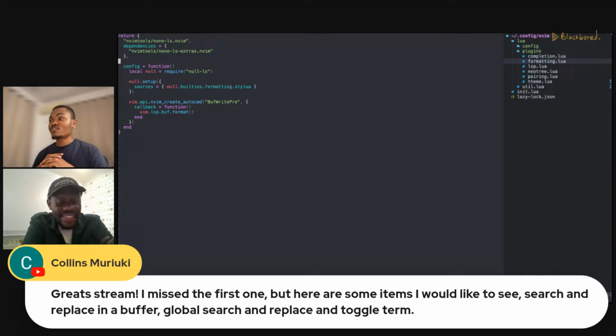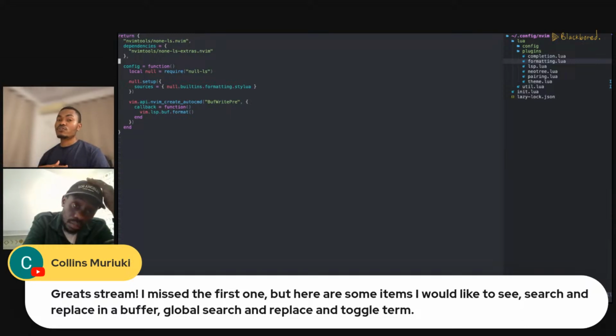So those are all very valuable things to know. So right now we have LSP working. We have formatting working. So we can get into the searching. We can also get into the toggle term. But first, I want to get to